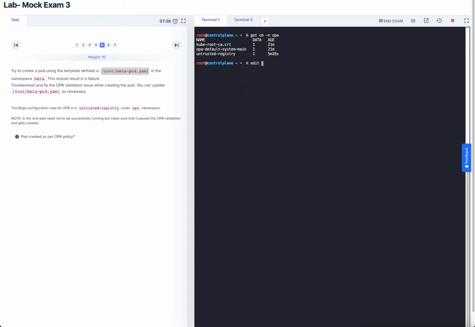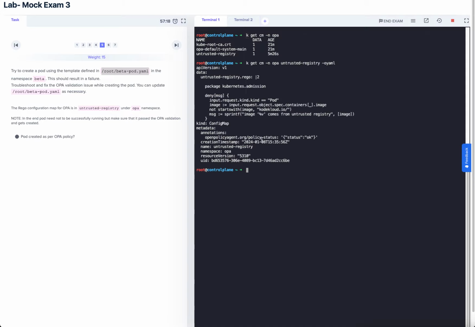So let's actually have a look at that config map. Cool. So here we can see in this config map we've got some Rego lang, or Rego, and this is a deny